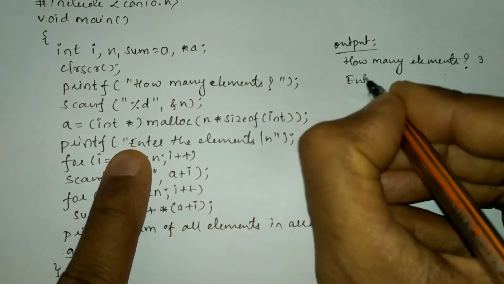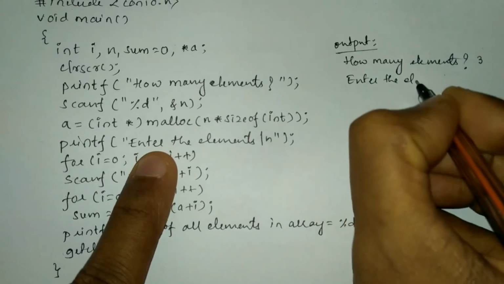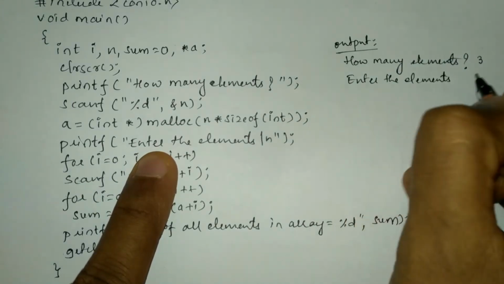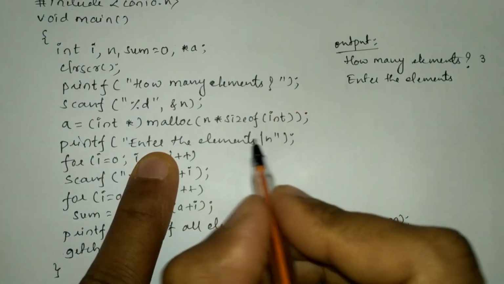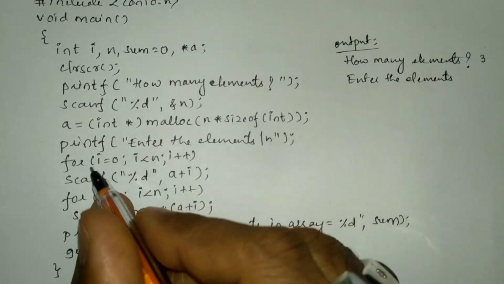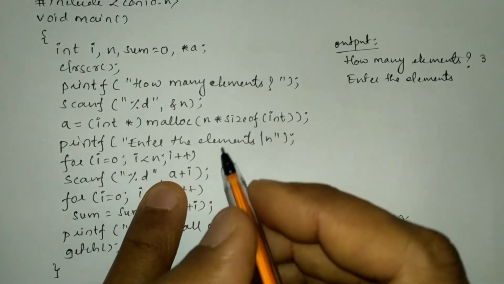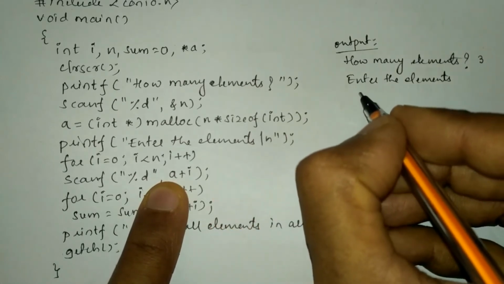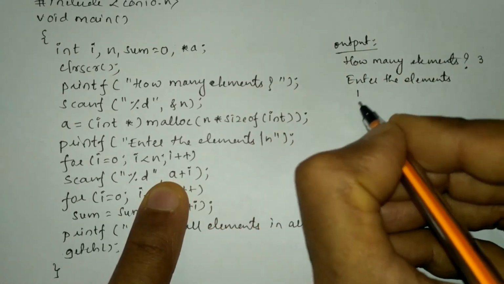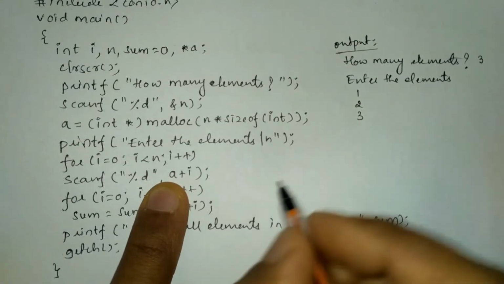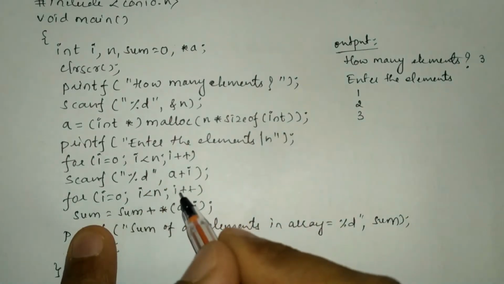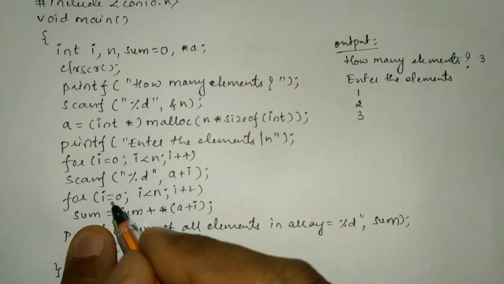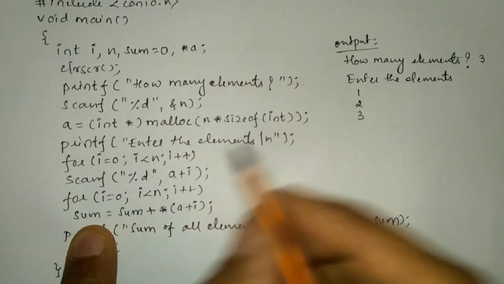Now it is going to ask the user to enter the elements, and because of this \n, the cursor comes down to the next line, and through iteration we'll be able to receive each element at a time. Here, for example, I'm going to enter 1, 2 and then 3. Then using this for loop, for i equal to 0, i less than n,